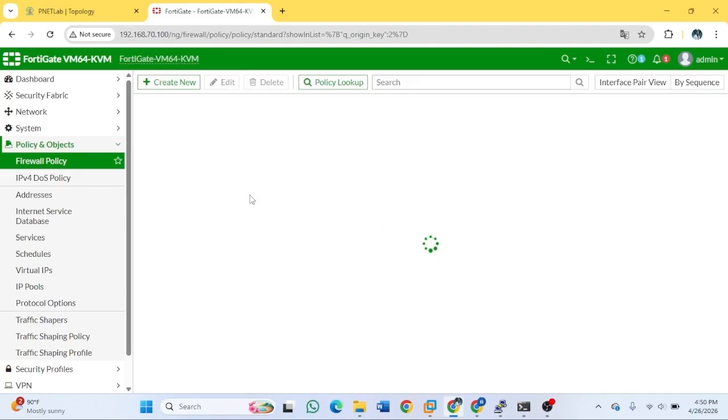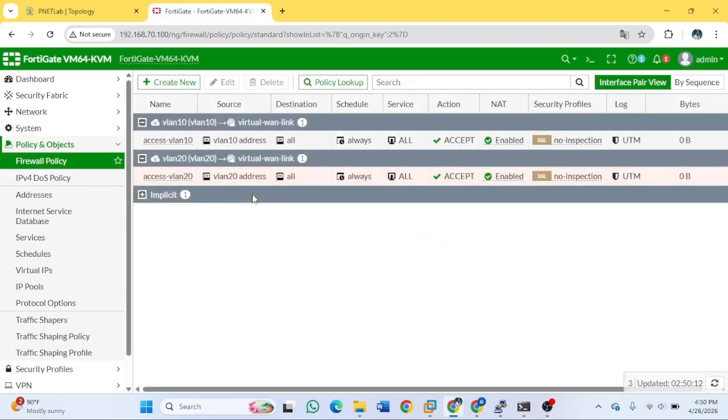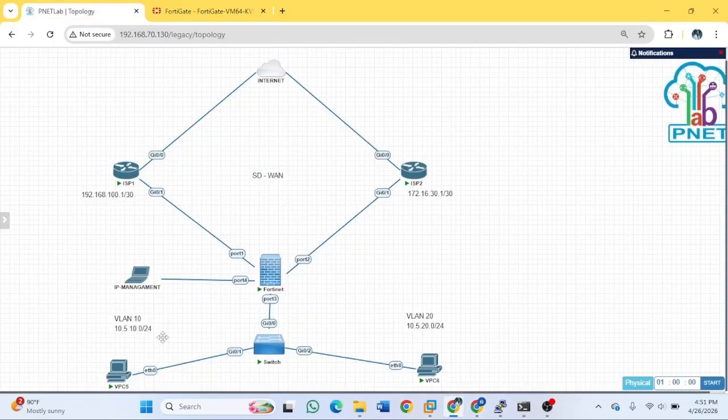Okay, that's all. The configuration in the GUI is complete. After that I'm going to configure the PC.